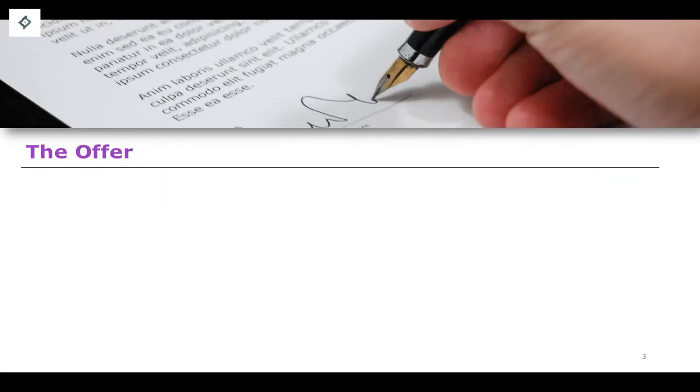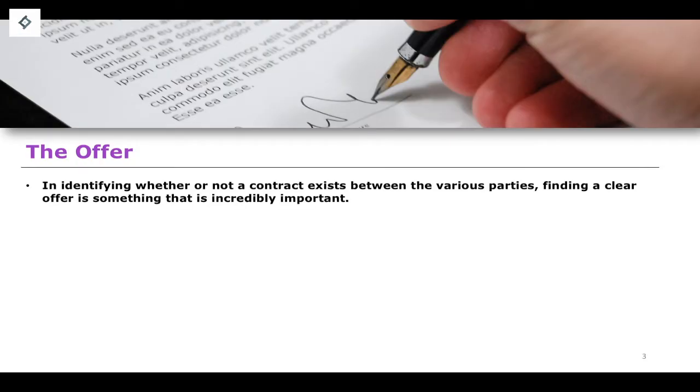So we know already that when we are looking at the first component of a contract, we remember firstly that the components of a contract include an agreement, consideration, and an intention to create legal relations, and some of them include a specific formality. The concept of agreement, the first of the major requirements of a contract, is split into two. The agreement can be represented as a delineation between the offer and the acceptance of an offer.